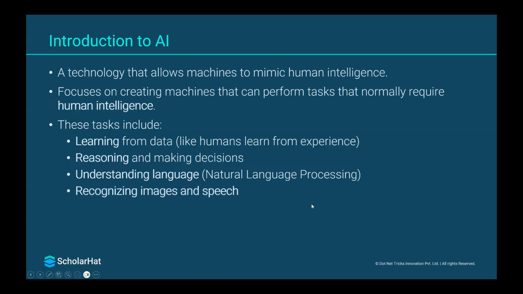We also have options for image recognition and speech recognition, where we can do image analysis. Let's say we show an image. In the image we can find out whether there are people, a cat, a dog, or any other object. So we have image analysis for that. We can even convert speech to text.